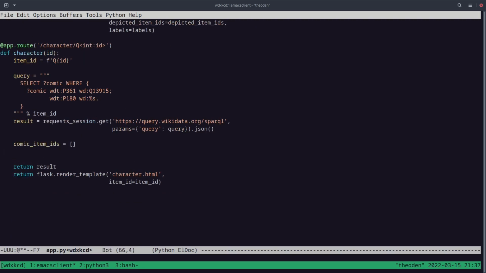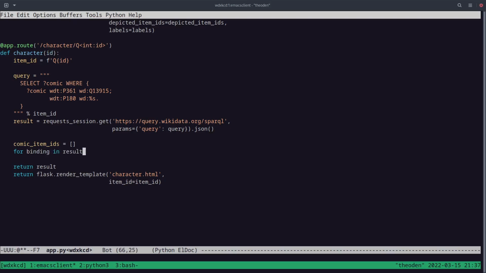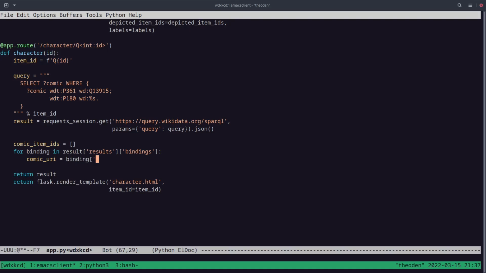They start as an empty list, and for binding in results bindings, we have the comic URI is binding comic value, and the comic item ID is comic URI